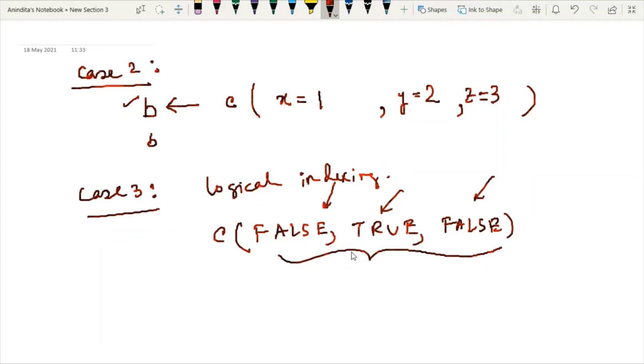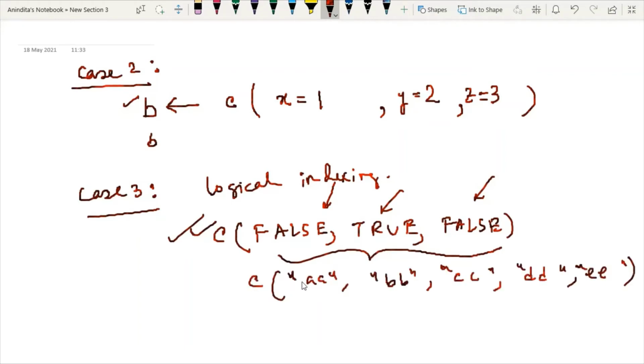Now how can we index these vectors properly? In that case, we will use a specific concept. Say I have one vector, and I am storing this vector after combining it into a variable s.